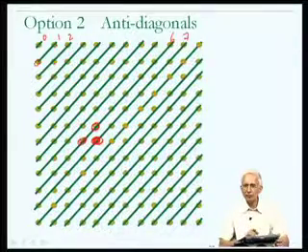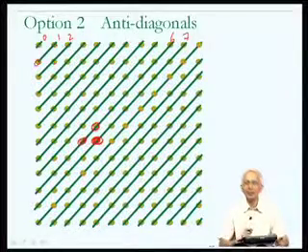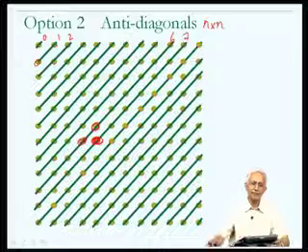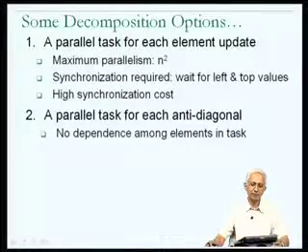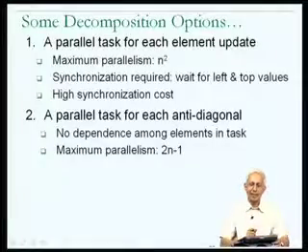What about the extent of parallelism? In the previous decomposition, I had potentially n squared parallel tasks. In this situation, I clearly have much less than n squared parallel tasks. In fact, if the matrices were of size n by n, then the number of anti-diagonals is in fact going to be 2n minus 1, that you can confirm. And further,